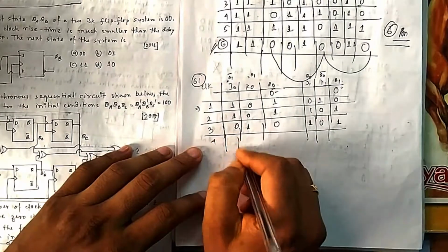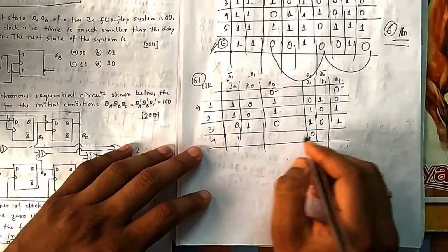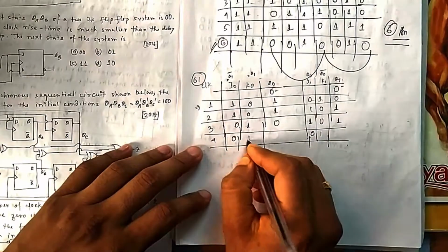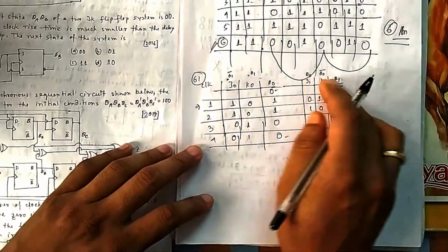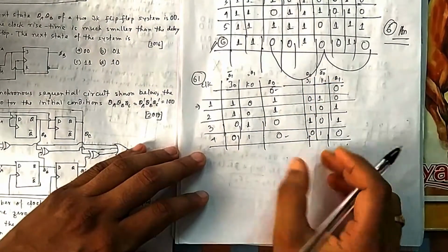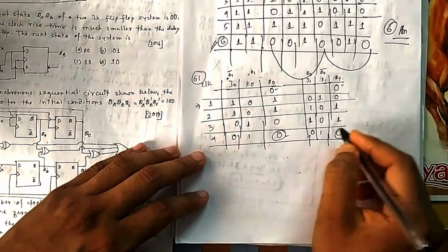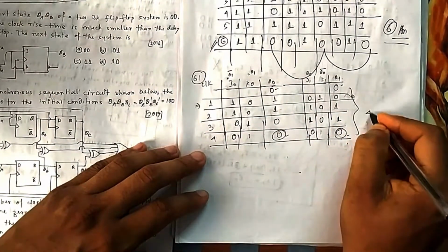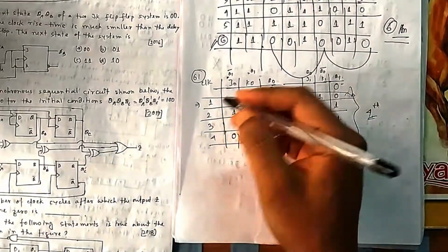Now before giving the fourth pulse, this is 0, so 0, 1. This is 1, so 1, 0. So 0, 1 makes it 0, and 0, 1 makes it 0. So you can see again 0, 0. So 0, 0 means the same state will repeat, because you will again start from here. So you found out 0, 0 is repeating after every fourth cycle.